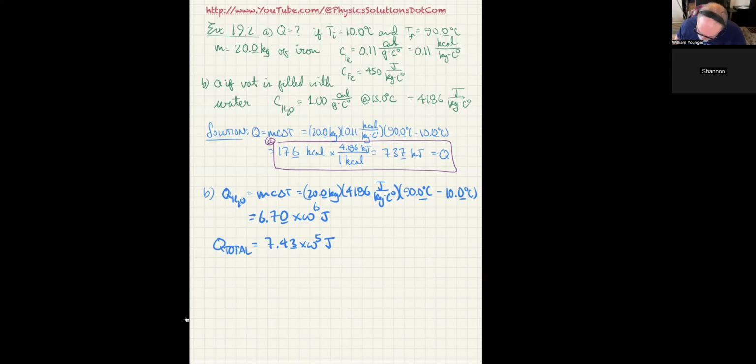On homework and tests it'll specify whether it wants calories or joules. Yes, usually they're multiple choice, but sometimes they're in addition to that, not necessarily multiple choice. But yeah, they'll give you the answer that you have to have, unless it's not multiple choice, in which case it doesn't matter unless I explicitly tell you. So that should make some sense. There you go. It's supposed to be 7.4 times 10 to the 6. I don't know why the 5 came in there. Something happened.